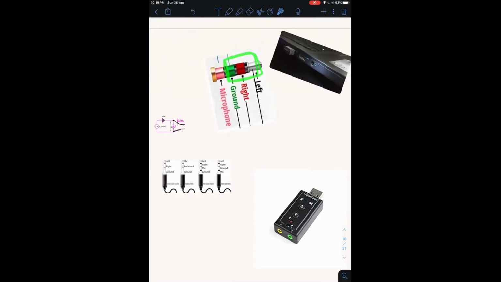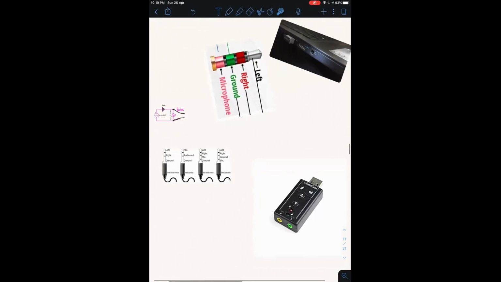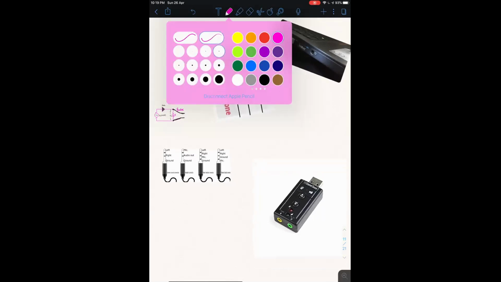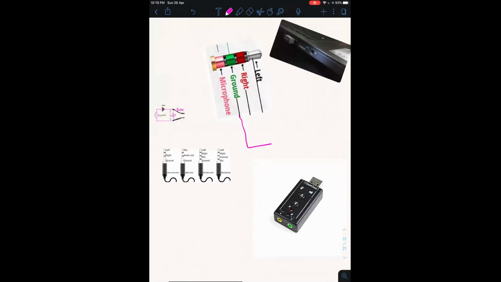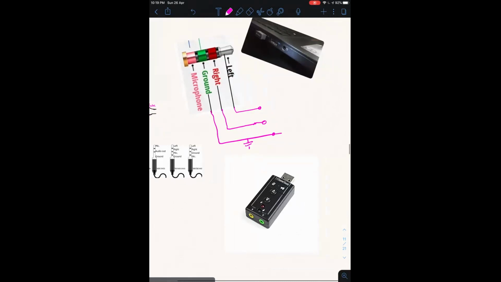So we have basically two channels in our oscilloscope. We will make a circuit connection like this. This will be our ground terminal, and we will apply the first voltage between these two terminals.